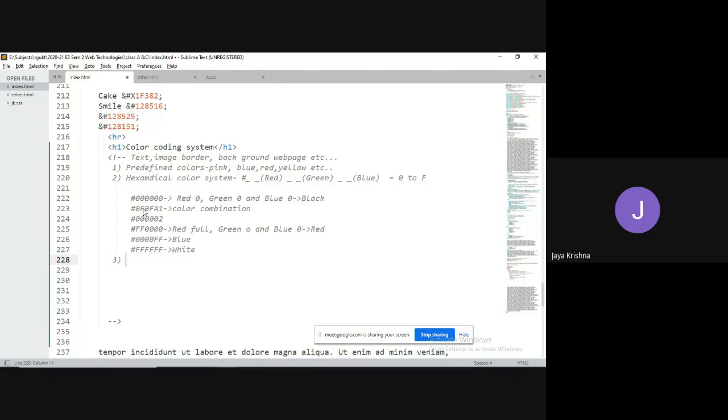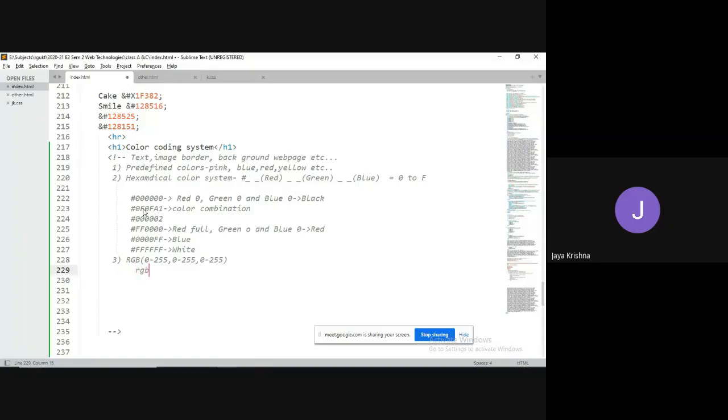Okay, so another way is we can use the RGB format. RGB is a kind of function where we pass values from 0 to 255. It takes 3 parameters. The first parameter ranges from 0 to 255, and the second parameter ranges from 0 to 255. The third parameter also ranges from 0 to 255. RGB is a kind of function. I think you already know the meaning of this one.